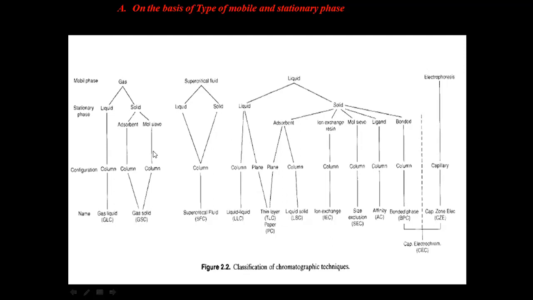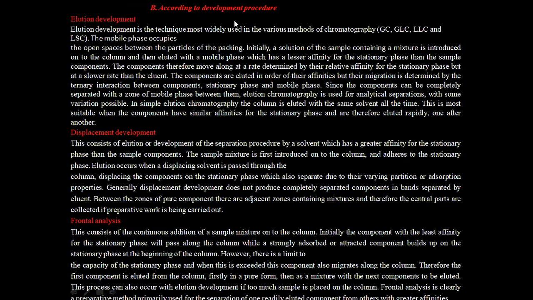So these are the different types of chromatographic techniques on the basis of the type of mobile phase, the type of stationary phase, and the configuration, and then you have the different names that we have given. Now, second is